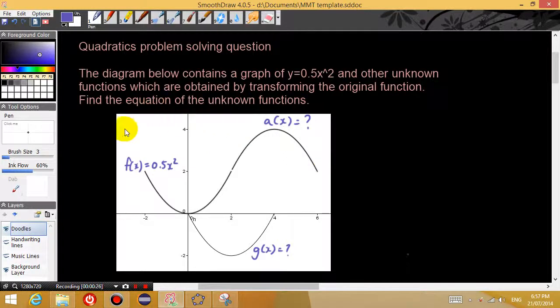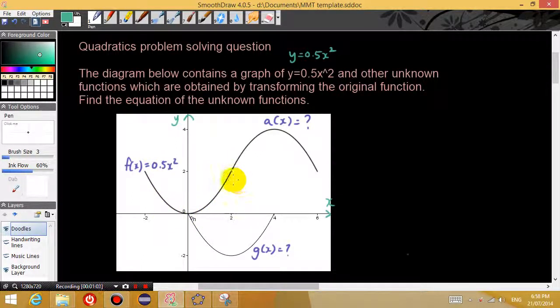So here I have a Cartesian plane, here's the y-axis, here is the x-axis, and the question is: the diagram below contains a graph of y equals 0.5x squared. That's the notation for x squared. That's what that means. And other unknown functions which are obtained by transforming the original function. So here's the original function,